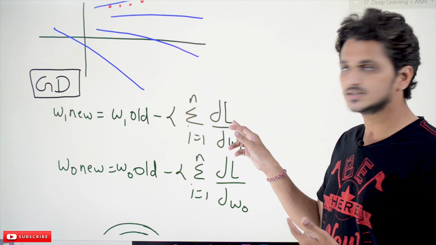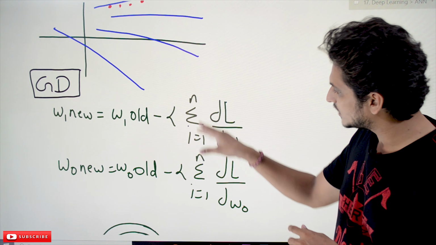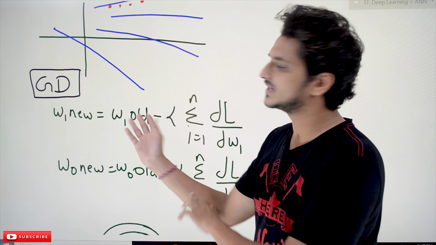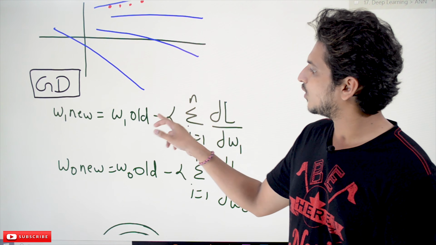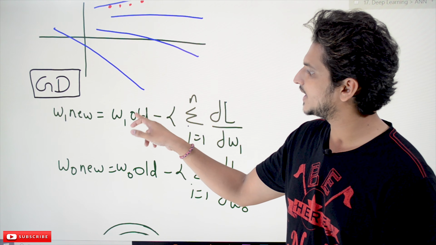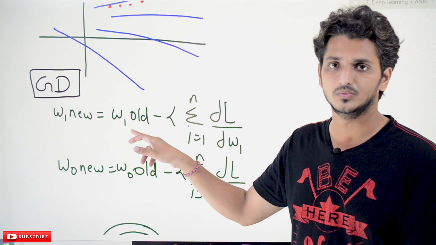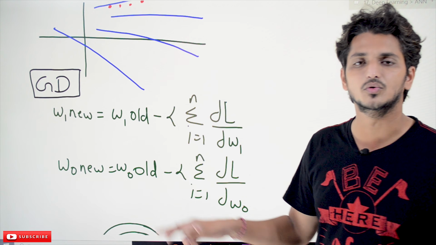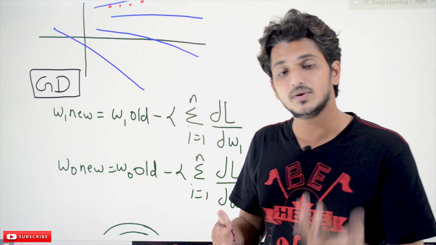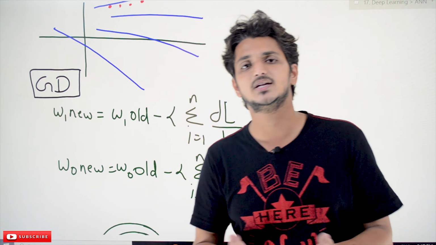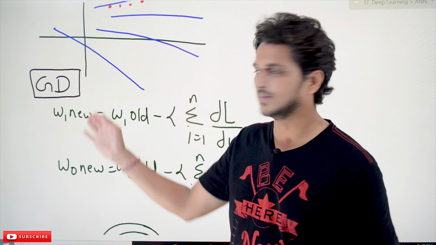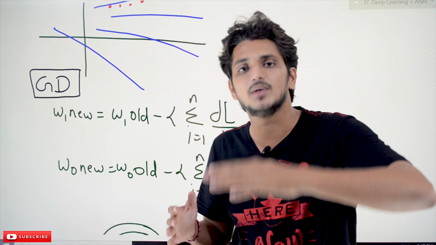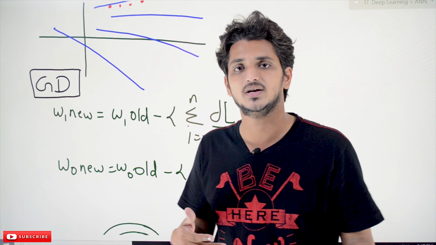We substitute these values and, based on the value that we obtain from this differentiation, we update our W values. W1 old minus this new value is obtained based on the old W value. In the same way, in each iteration we update W1 new and W0 new. If you extend this concept to multiple regression, and your data set is 6-dimensional, then we have 6 W's, so we have to adjust our hyperplane to give a minimum loss. That is what we have done in our machine learning.